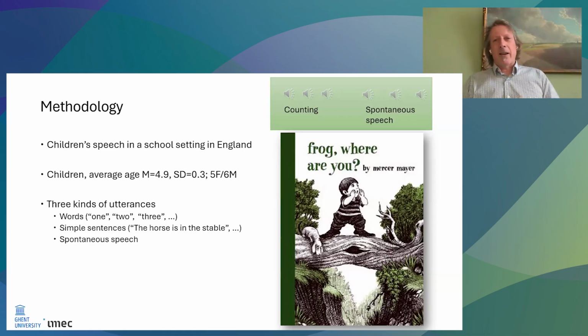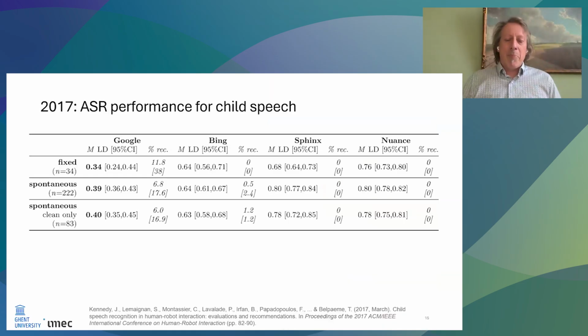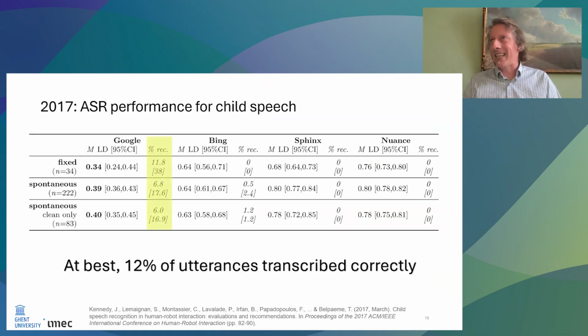Now, what's interesting about the last one is this fluency. The boy starts talking and hesitates and suddenly uses another word, and that confuses speech recognition. Back in the day, it really wasn't good. And so the best speech recognition out there was the one by Google, but at best we could understand, or at least transcribe, about 12% of the utterances spoken by the children, meaning that 9 out of 10 times that a child was saying something, the robot didn't have a clue and we couldn't respond in the right way.